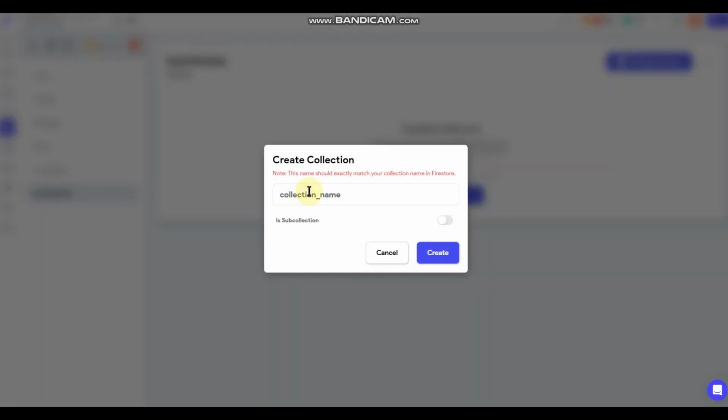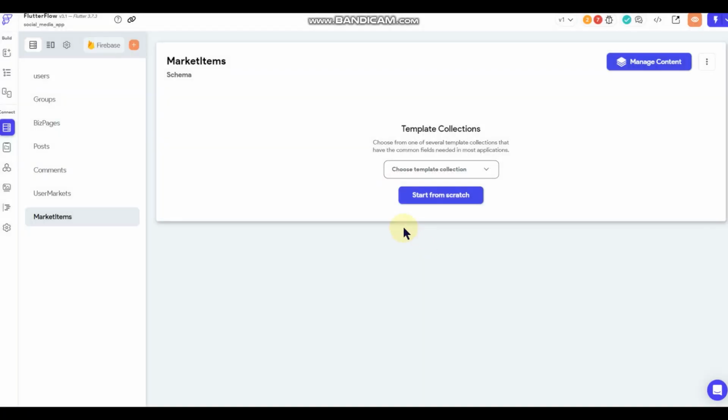And then we'll do market items. This will be the stuff that's for sale inside those markets. Okay, so we've got these things. I think that's a good starting point for us. And I'm sure we'll add some more collections as we go along, but this will be a good place to start.